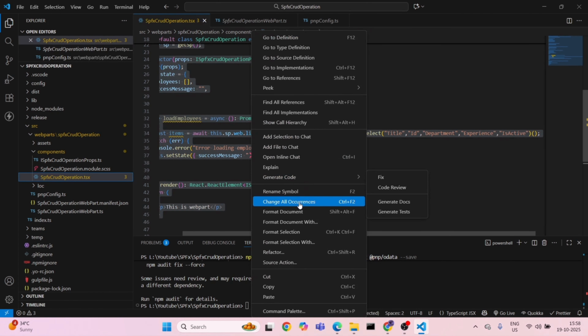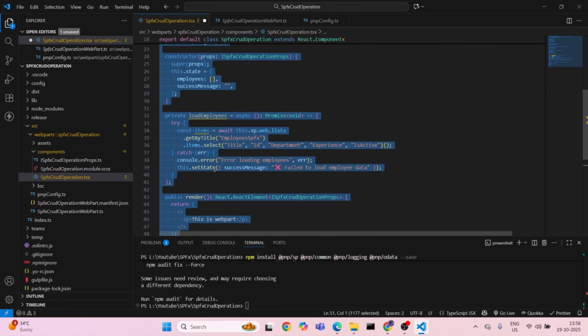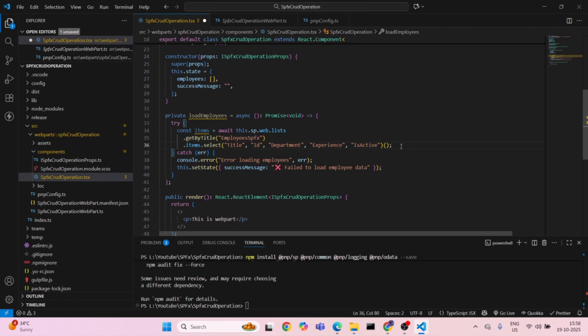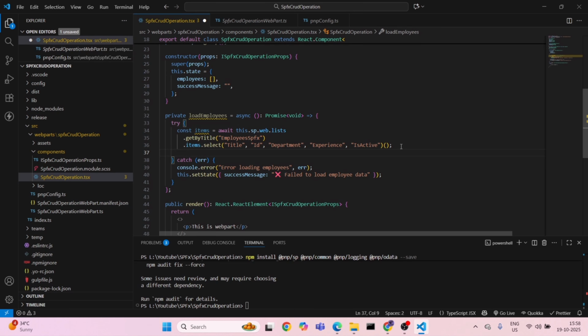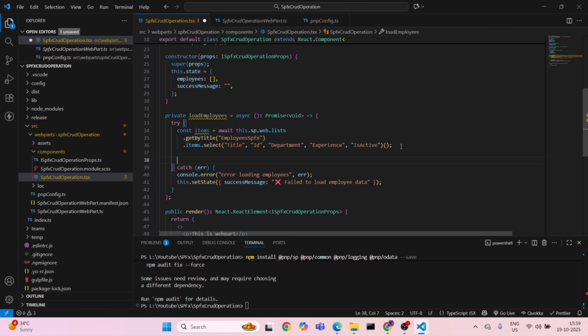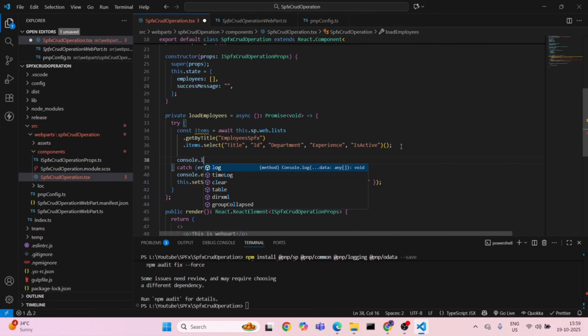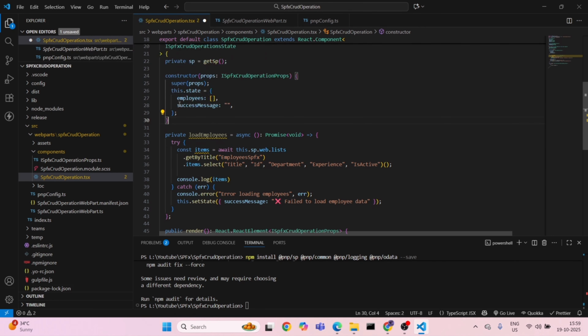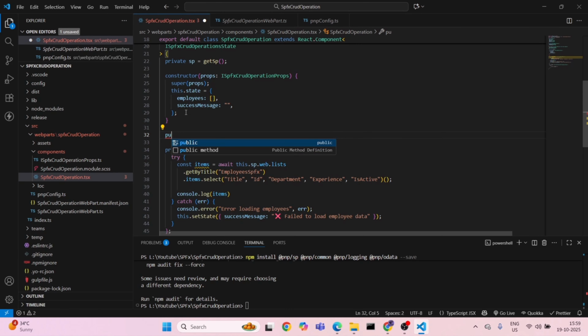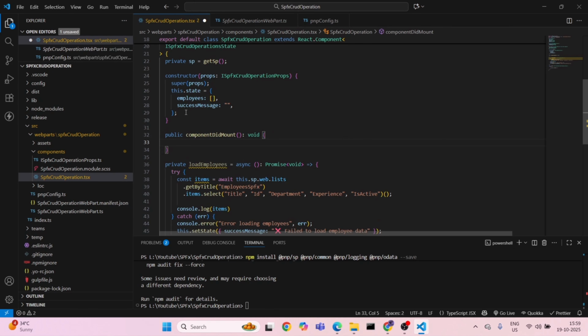and after this round bracket open close, we will be having another round bracket, semicolon. Again I will be formatting the document just so you can see it better. You don't have to go to the right side of the screen. Now we have everything. We have added items and everything. What we have to do right now is add the console.log, and I will add this items inside this, and after the constructor I will call this function in the componentDidMount. So public componentDidMount